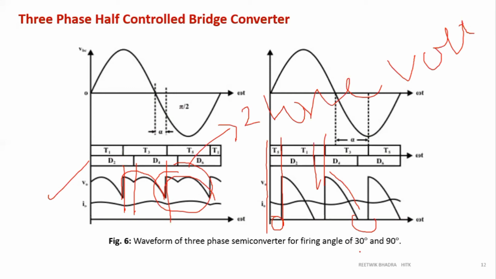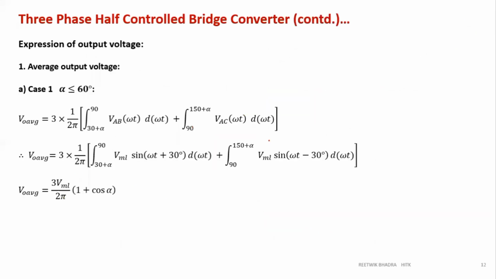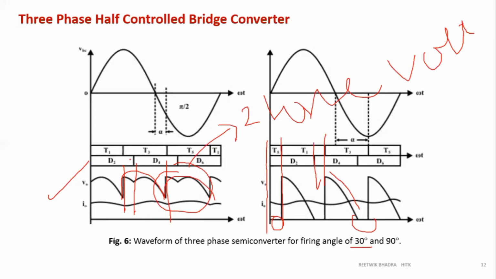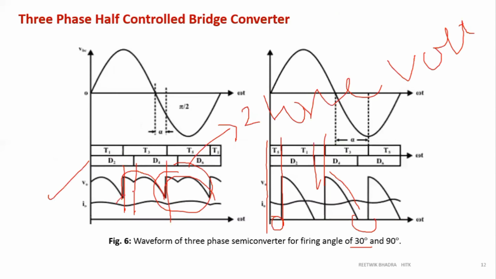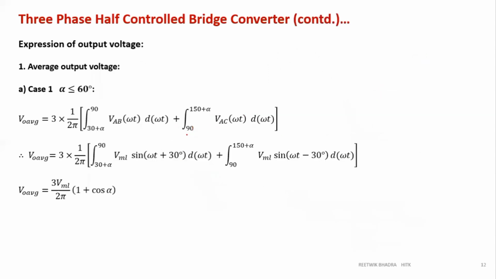For any value, 30 degree, 60 degree, 40 degree, whatever you want to take, write this equation. Don't compare with this one, which voltages I told you. I have taken it maybe for a different alpha, but if you take this also VBC and put this firing angle from this to this and put the limits, do the integration, you will get the same value. So what I am trying to say is that below 60 degree, if I draw the line voltages,